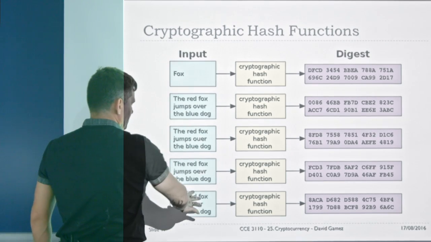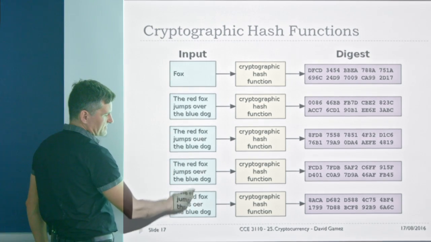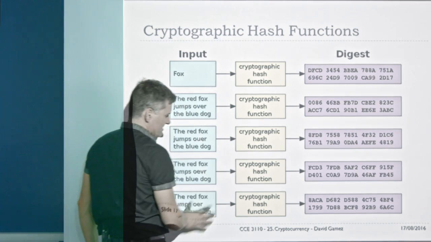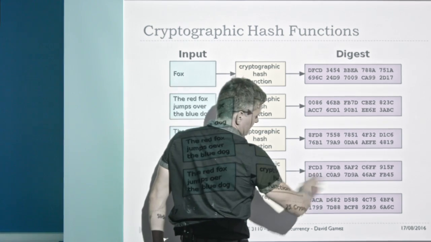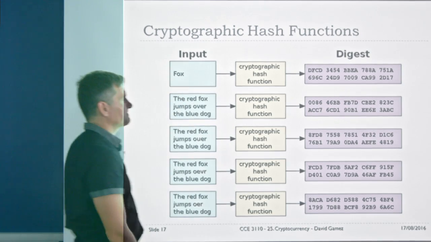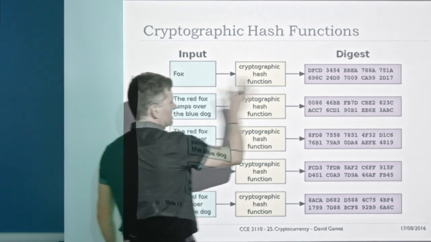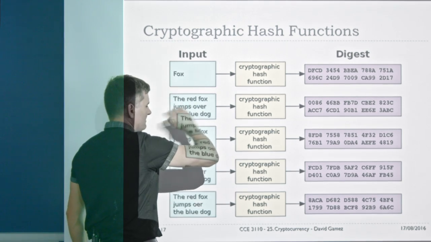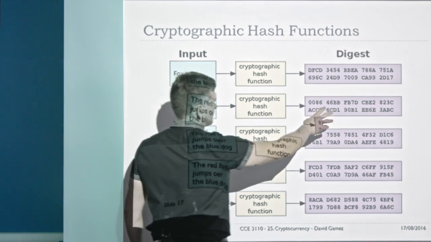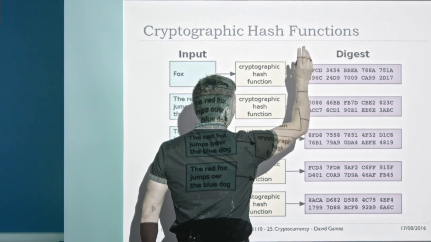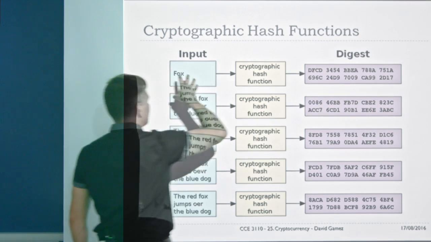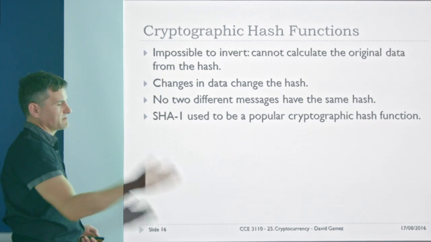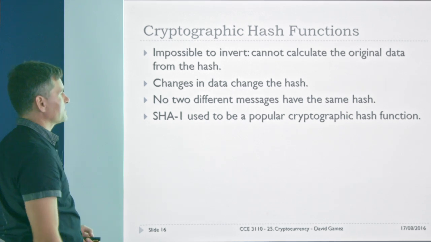So we have different inputs, and these inputs are very subtly different sometimes. In this case, we're missing a single V. But these very subtly different inputs lead to radically different outputs. You can see these two hashes are completely different. So it's sensitive to changes in the data, there's a unique mapping, so even slightly different data will lead to a very different digest. And if you know the digest, you're not going to get anywhere in terms of figuring out the original data, except by a very costly brute force search.